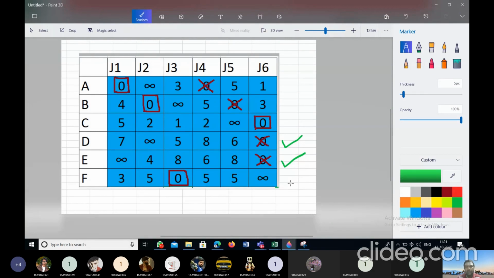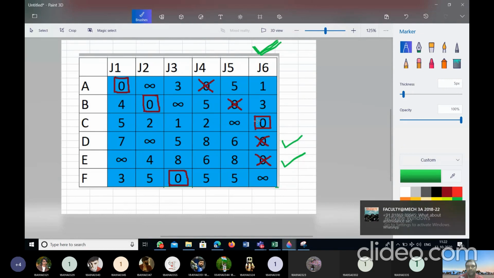Row tick చేసాక ఏం చేయాలి? Identify striker zeros in that row. సో D తో స్టార్ట్ చేస్తున్నాను. There is a striker 0 at DJ6. So you tick that column. Next, column tick అయ్యాక ఏం చేయాలి తర్వాత చూద్దాం. నెక్స్ట్ ఈ రో టిక్ చేశారు, మళ్ళీ అక్కడే 0 స్ట్రైక్ ఆఫ్ ఉంది. ఓకే, ఆల్రెడీ కాలమ్ ఇస్ టిక్డ్, రైట్? సో రో టికింగ్ DE, నెక్స్ట్ కాలమ్ టికింగ్కి వెళ్ళేది అయిపోయిన పని. Now the column ticking, J6 was ticked. So in the column ticked, you need to search for assigned 0.